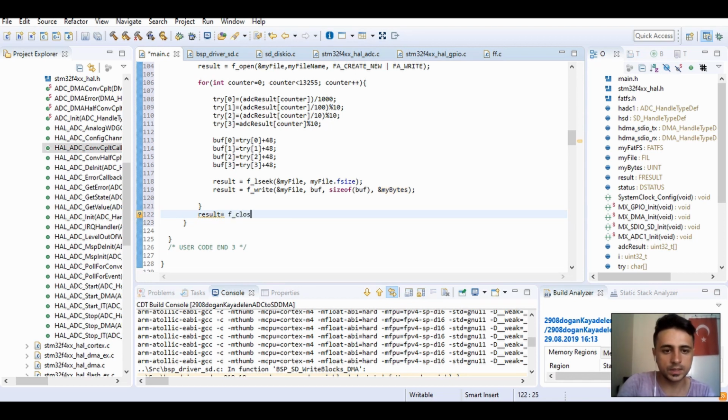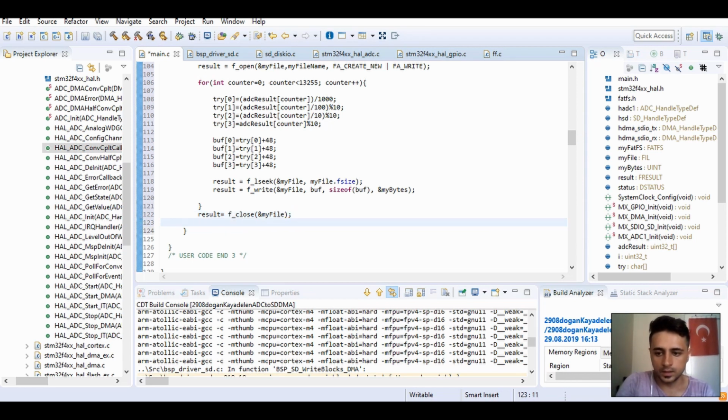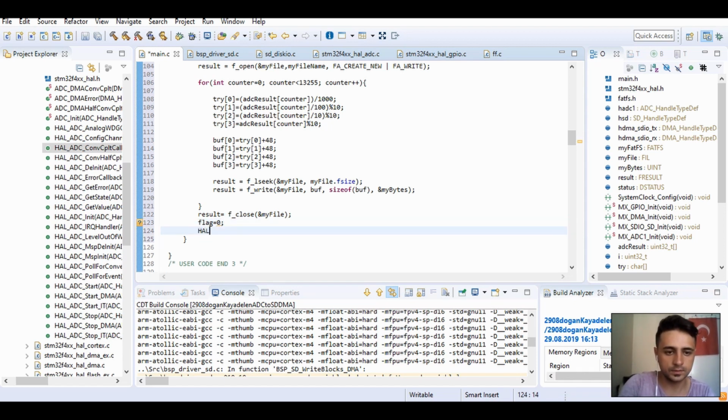Now we can close our file and flag is 0. Let's write how GPIO write pin GPIO D GPIO pin, let's say 12,